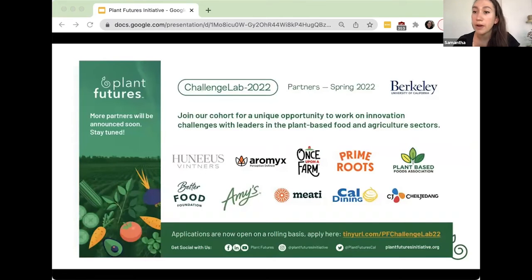And these are our current partners in our 2022 course, which is currently in session. We have another great variety of partners from the plant-based sector working on a whole bunch of innovation challenges. And it's really interesting because a lot of these companies are raising a lot of money, they're growing very quickly, and they really are on the cutting edge of innovation in the plant-based sector. So to be able to work directly with some of these companies and work on some of the biggest challenges they're facing is a really cool, unique experience for the students. And we're really trying to grow our program so that this class is accessible for students all over the globe.